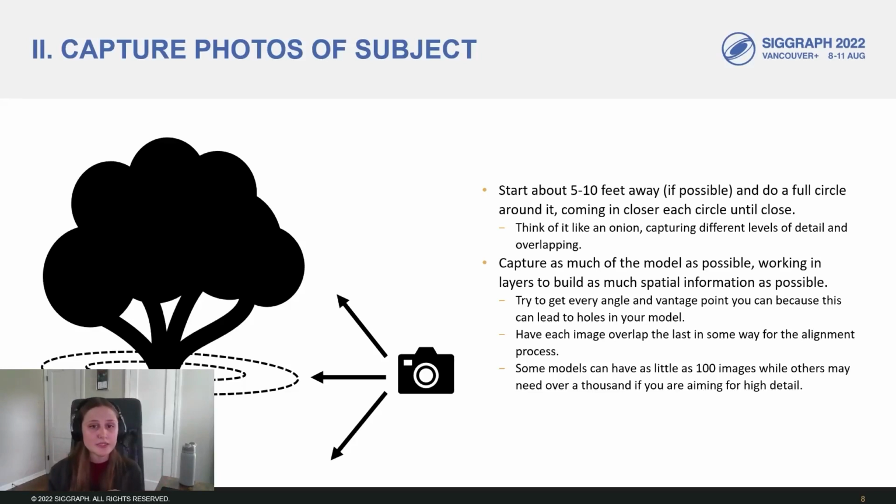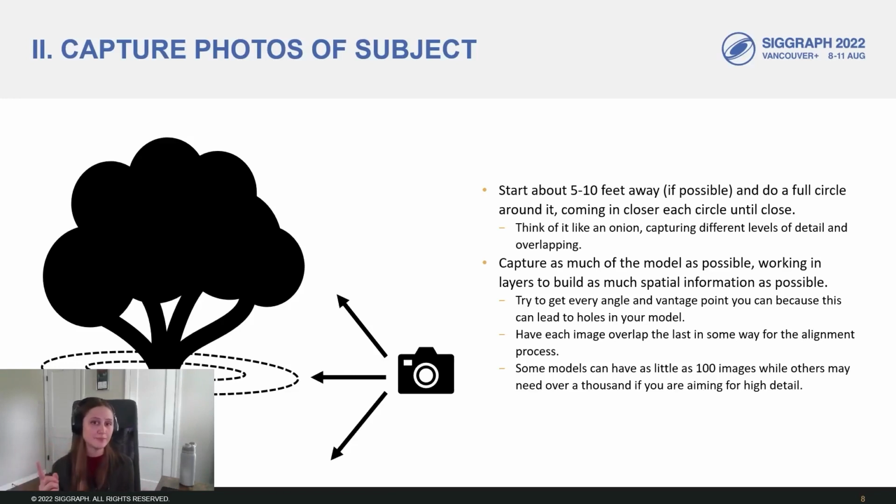You'll also need to make sure that between each image you have some part of the last image in your next one. So try to take them close together. Don't take one chunk and then go really far and take another, because the photogrammetry software works by taking that last image that is on there and then going to the next one and combining the features of both to create one solid texture model. So you need to make sure that you're taking them in quick succession, close to each other,